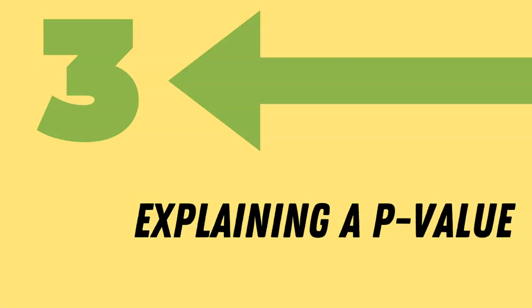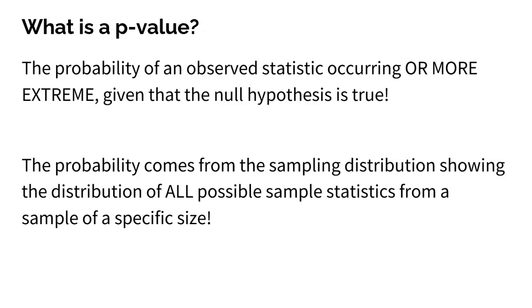Tip number 3, explaining a p-value. Big idea here because a p-value is a huge part of a test. So, what is a p-value? The probability of an observed statistic occurring or more extreme, given that the null hypothesis is true. So in generic terms, that's exactly what a p-value is. You have an observed statistic. In this particular unit, we're looking at p-hat. So I have a sample proportion. The p-value of that sample proportion is the probability of that sample proportion occurring or more extreme, given that the